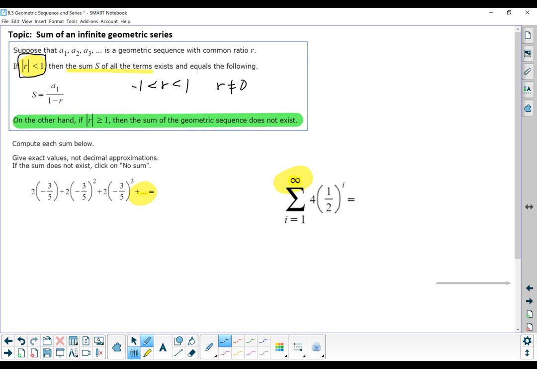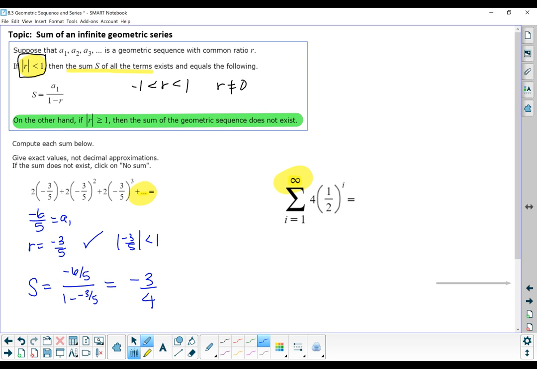Okay, so our first term here is 2 times -3/5. So that's -6/5. That's our first term. And the common ratio here is -3/5. And that common ratio is okay. The absolute value of -3/5 is less than 1. So we can use this formula. So the sum is just the first term divided by 1 minus the common ratio. And if we calculate that, we get